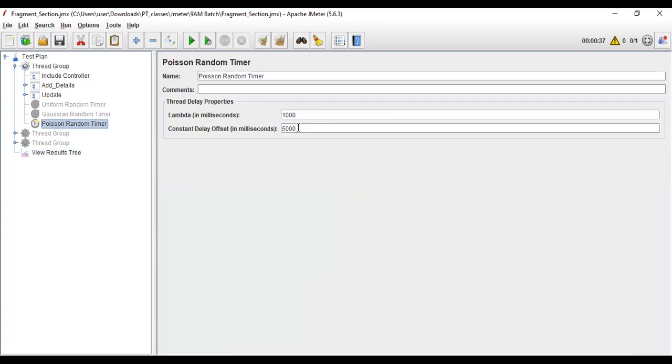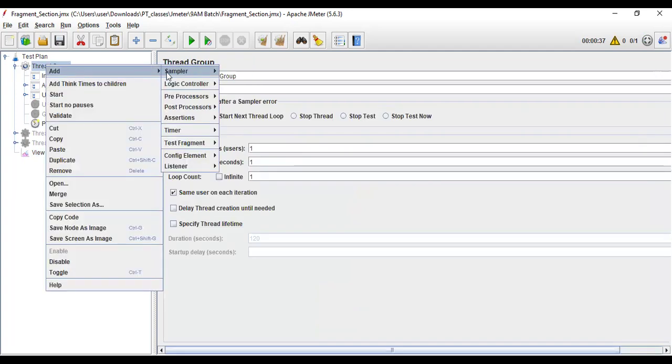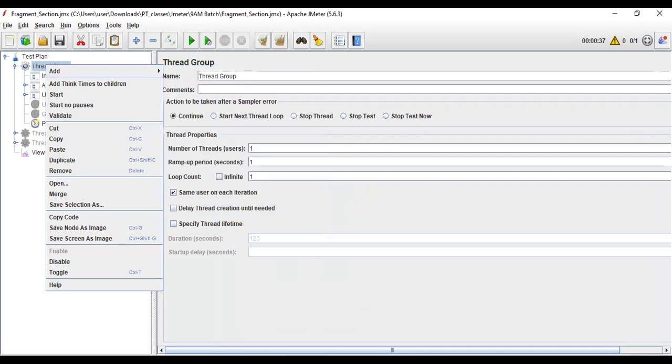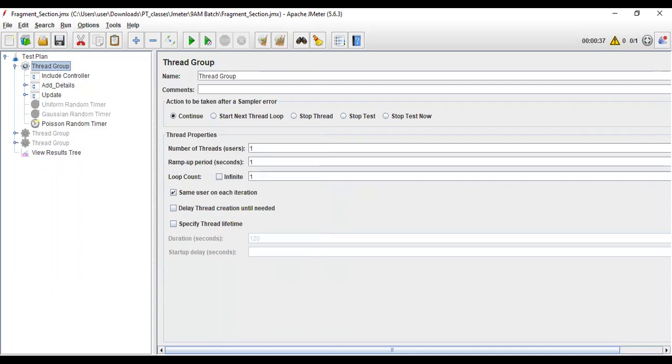So based on this, the formula is different, this formula is different. This is about wait time. There are other timers in JMeter. It is not just wait time. If I want to implement some logic, right? Say for example, here, let us say,